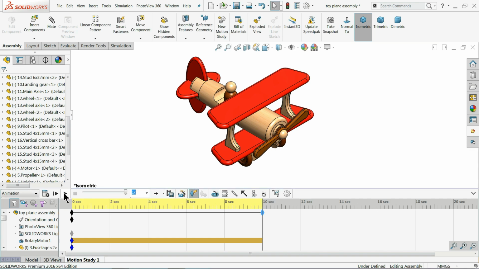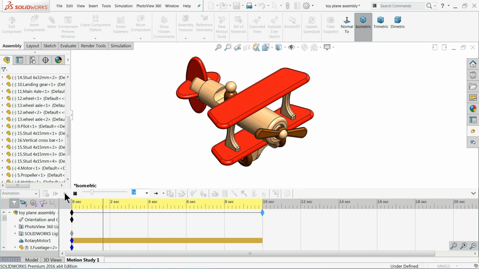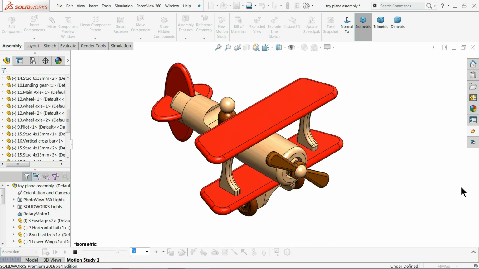Now the assembly is finished. Just calculate it and you will see how it's going to rotate. See, so this is the